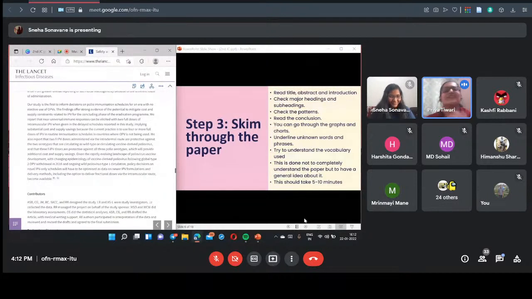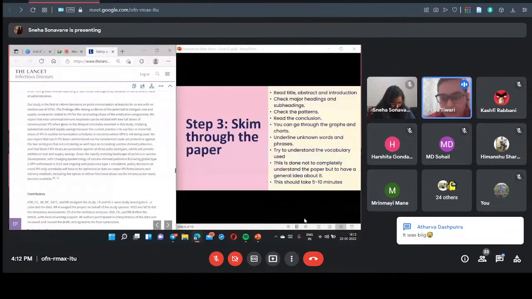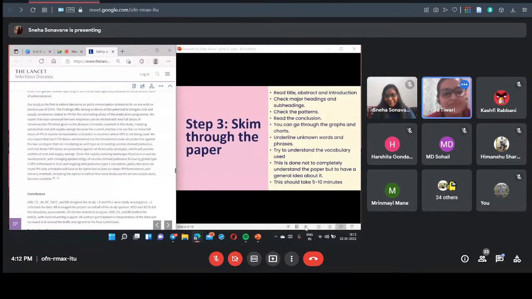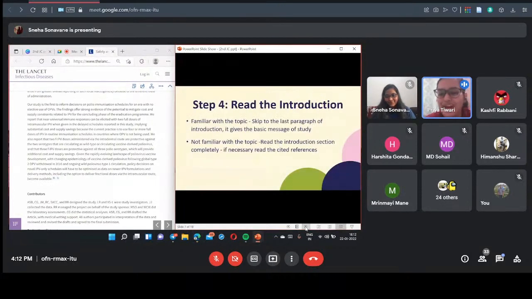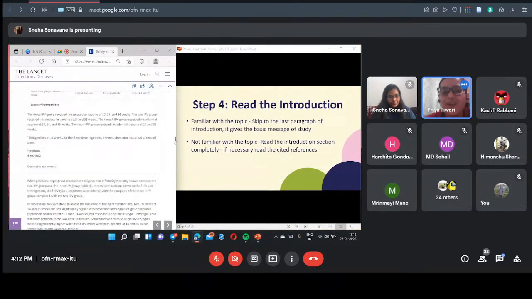It's okay even if you haven't read the paper, but whenever you are asked to read a paper for a journal club session, in the further sessions also you have to do this step. That is step 3 you will follow, that is skimming through the paper. Next slide. Yeah, research papers are big, Atharva, and it also takes a lot of your